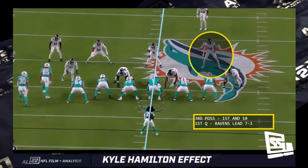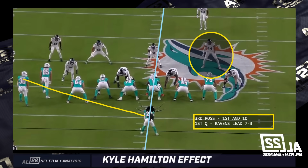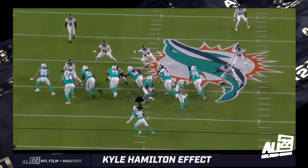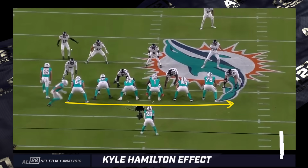One more for good measure, just to illustrate my point about how often Miami was doing everything they could to avoid Kyle Hamilton. Ball on the left hash, and they've gone jumbo 22 personnel. So two tight ends on the field, one of which is the sixth offensive lineman, fullback, tailback, which is Achane. Motion to the field, and in my opinion, what we should not do on motion to Kyle Hamilton is move